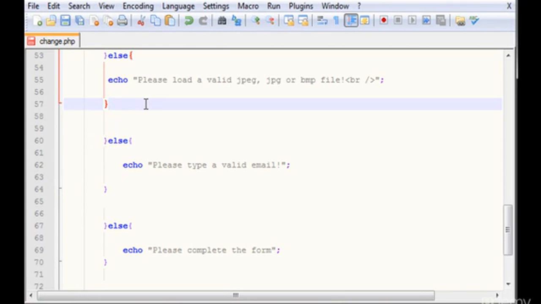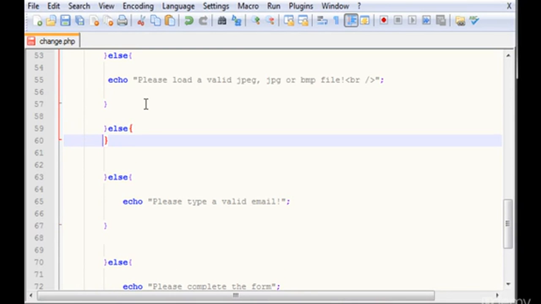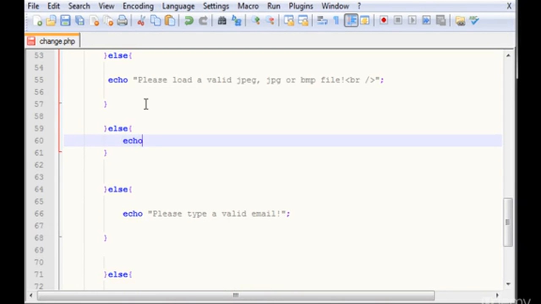Still need here a new else statement saying else echo, and here the password needs to be larger than 4 characters. Okay,